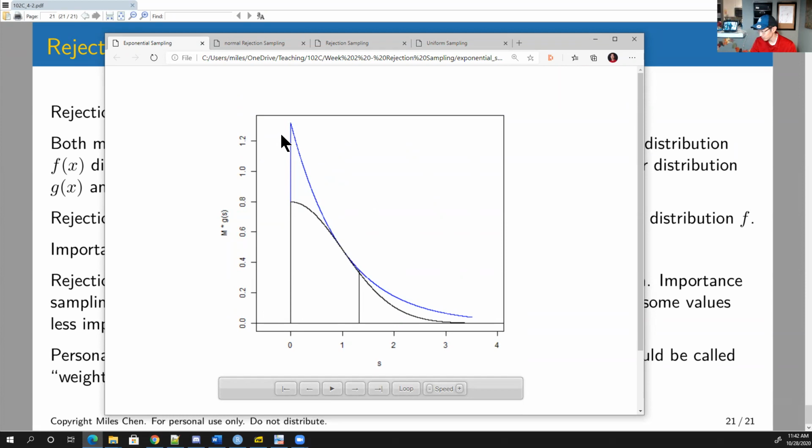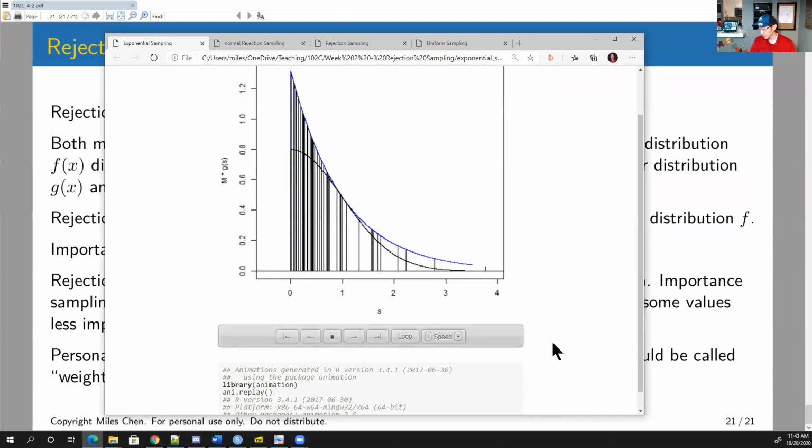Where you're just going to see vertical lines generated, and so what you're going to see is a lot of lines proposed near 0, and very few lines proposed near 3. I'm going to just play this, and this is an animation built using R. There's a package called Library Animation, and